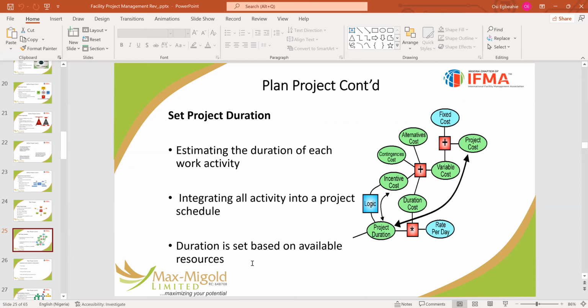The resources are required before you can actually do the activity, the project duration. Now, you must also know that there's also a skill that you must learn, and it comes also by experience. Some persons have calculated these things. They know like a mason can lay a minimum of 100 blocks a day. So if he does anything less, you are losing, especially when